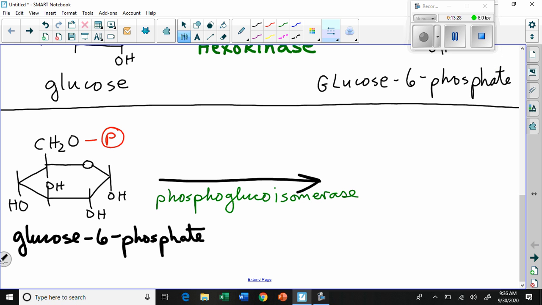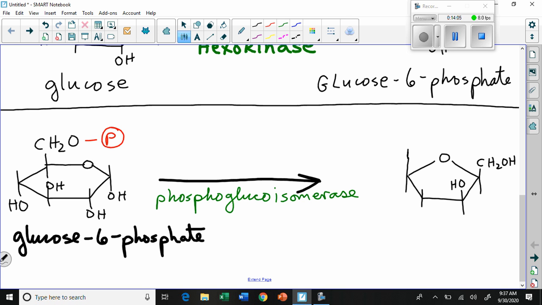Let's draw that one. So fructose 6-phosphate is essentially a fructose molecule. So we'll put a little O on top. It's the 5-sided version. But remember, it's still an isomer. It still has all the same numbers of atoms. CH2OH over here. And then we have our OH. Remember, the OH for fructose is reversed in the middle here. So it goes there. And then on this side, we have our